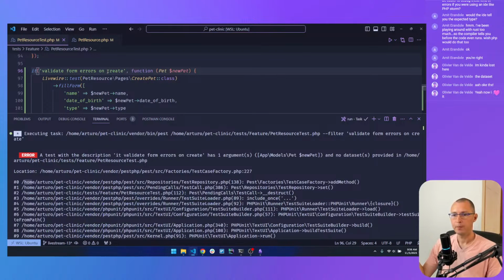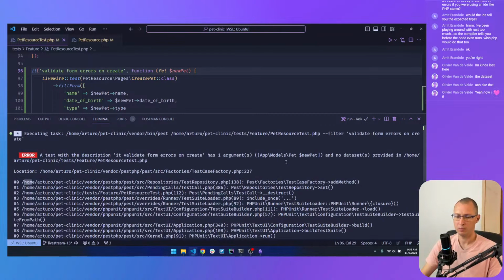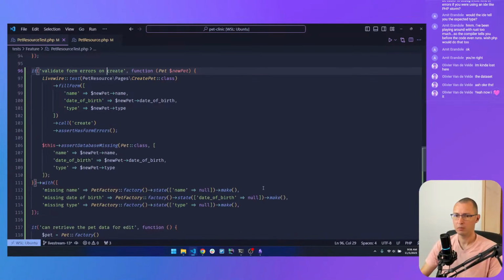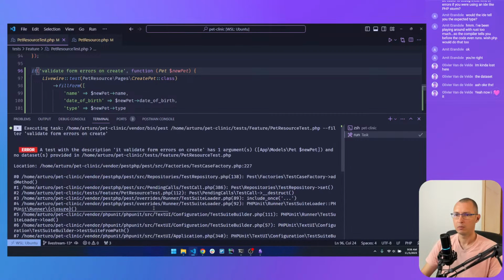Let's see. Same thing. No datasets provided. That's weird.